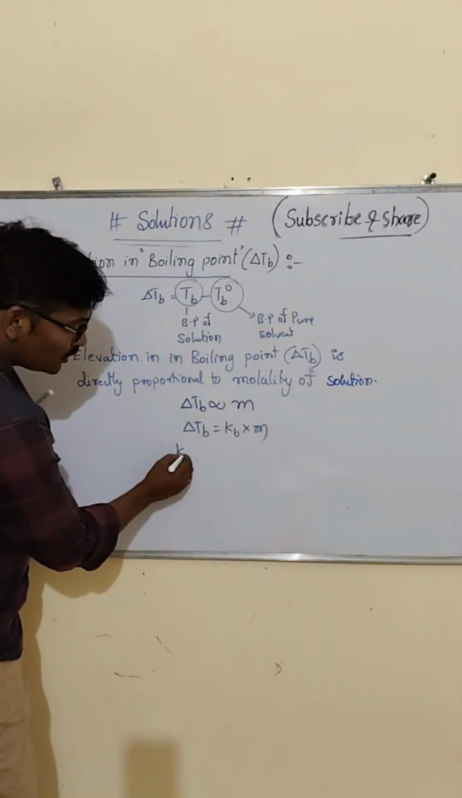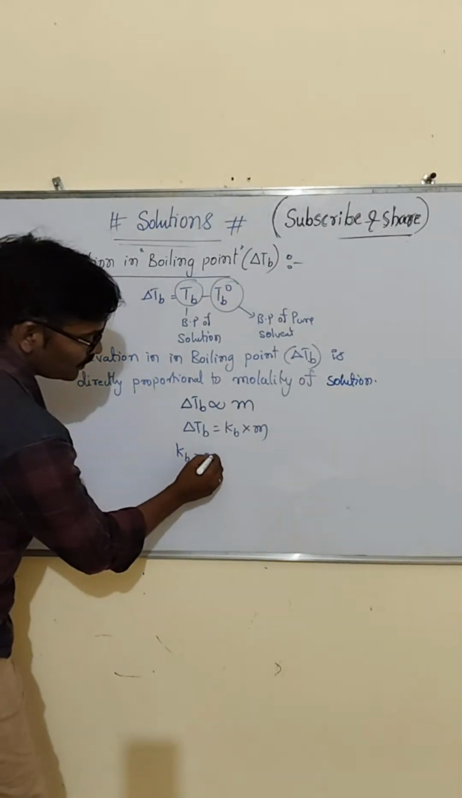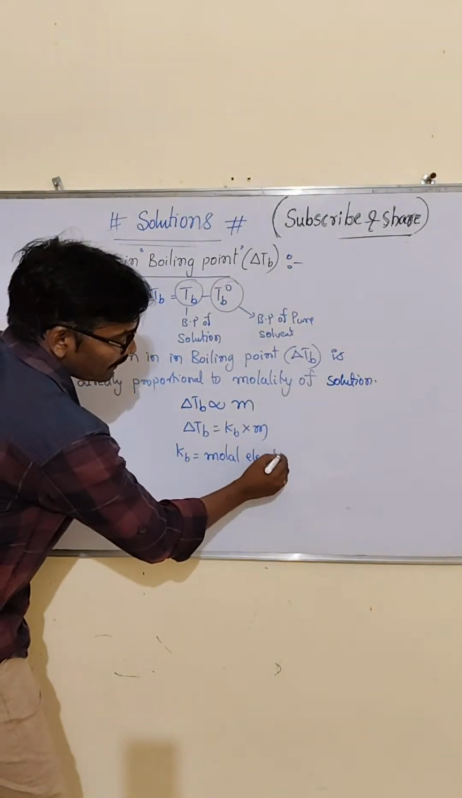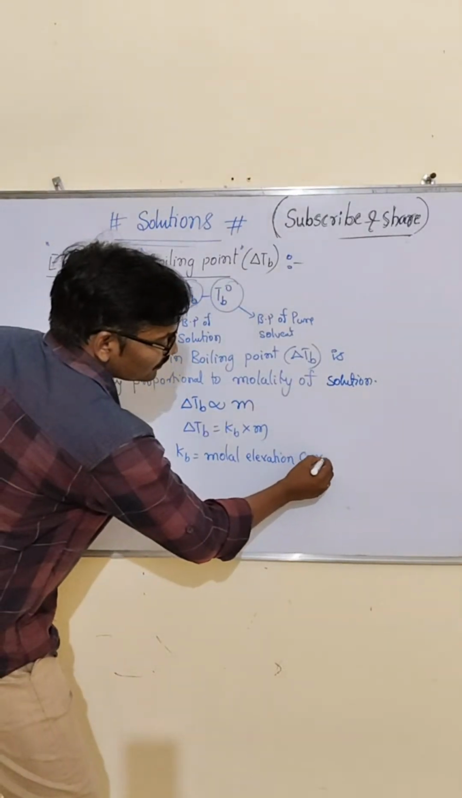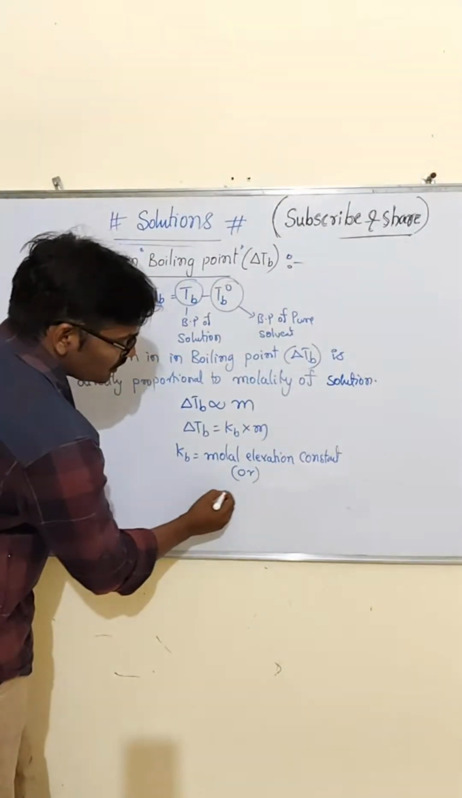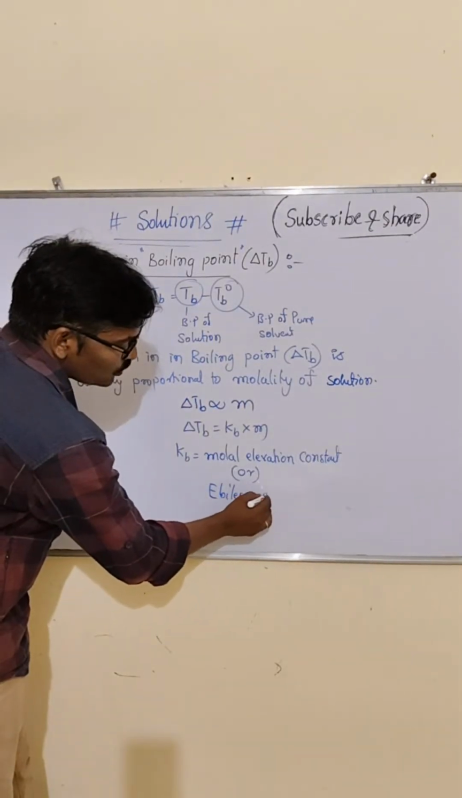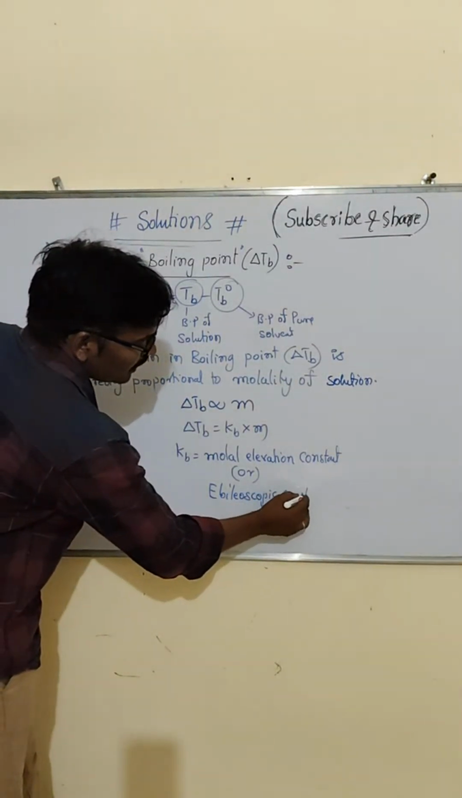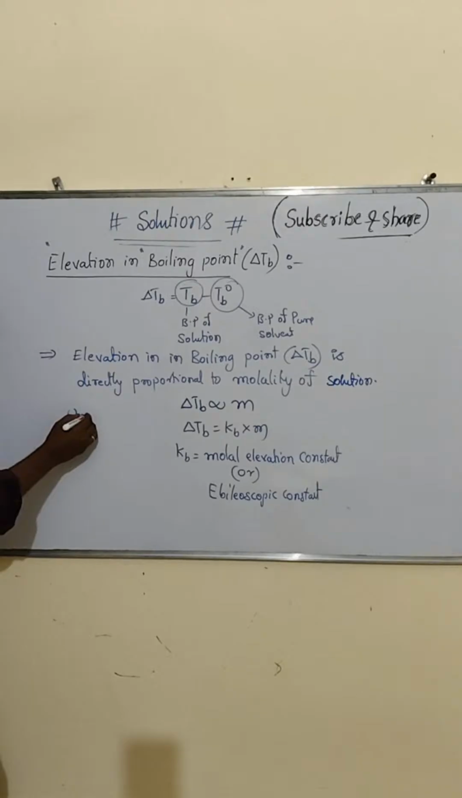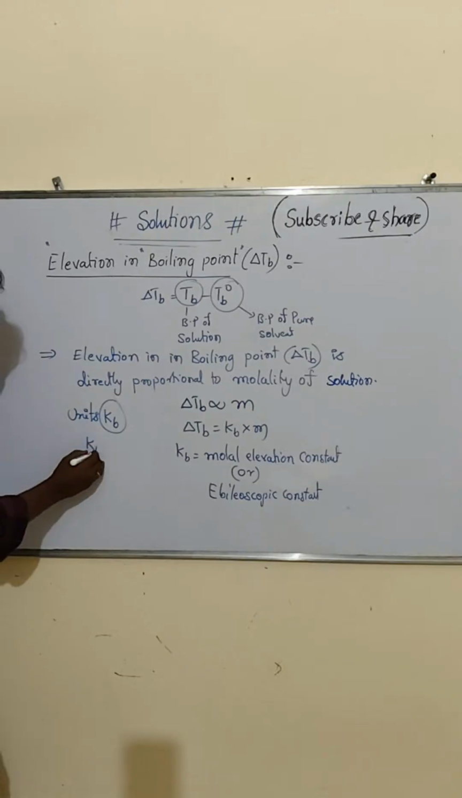So Kb is the molal elevation constant, or one more name we call it is the ebullioscopic constant. In case you want the units for Kb, Kb equals